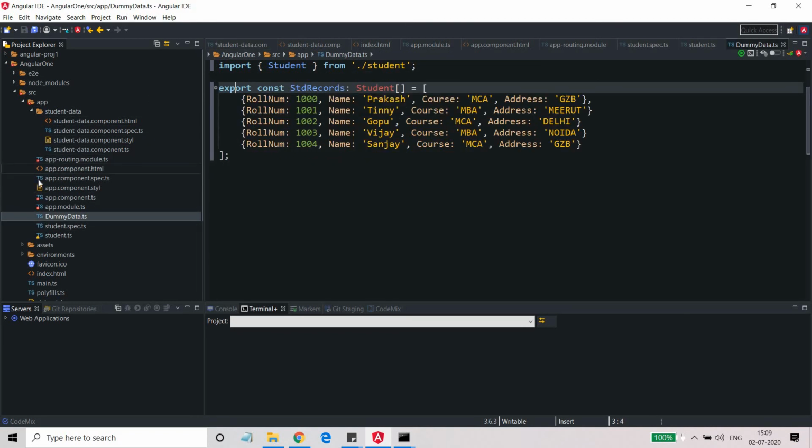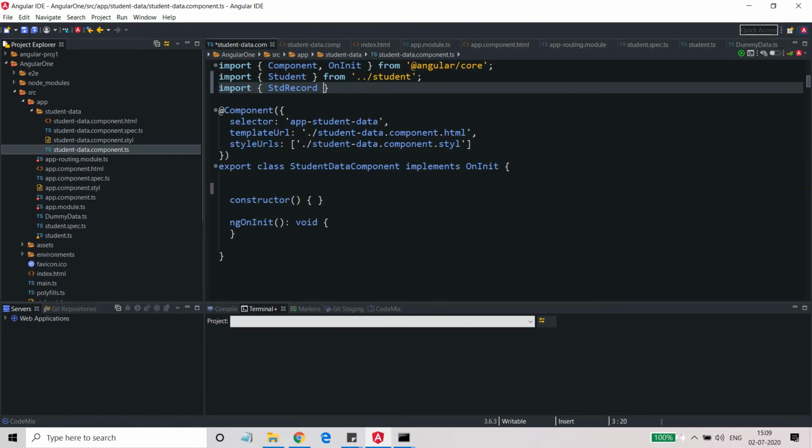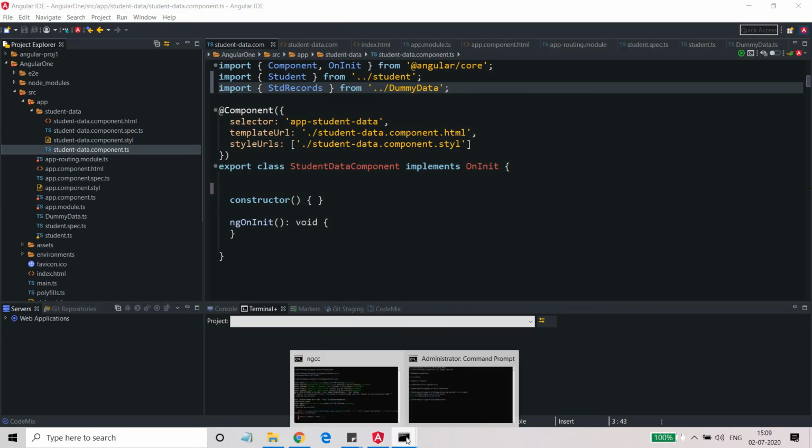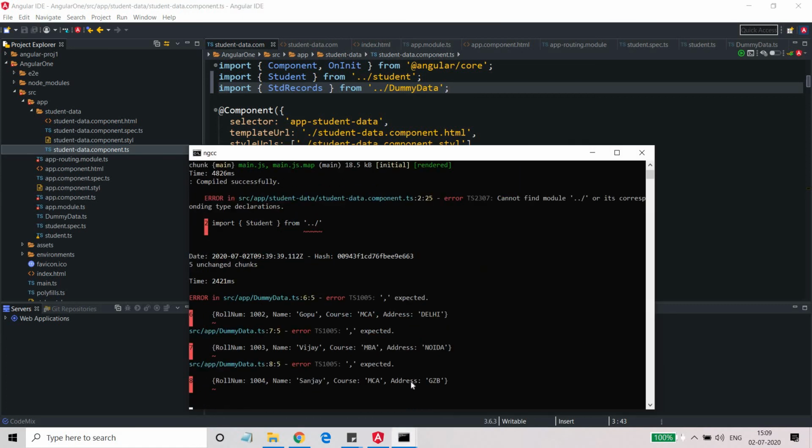I need to check. This is std records, so I'm taking this from dot slash dummy data. All right, this should have been compiled now. Let us check if it has been compiled or not.